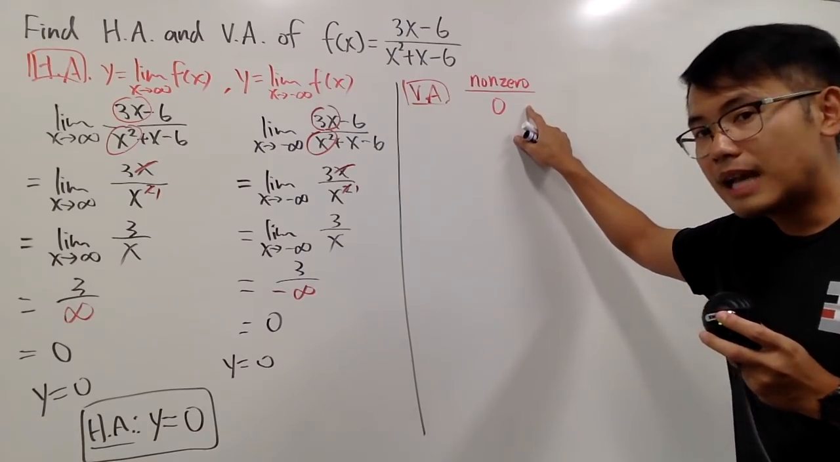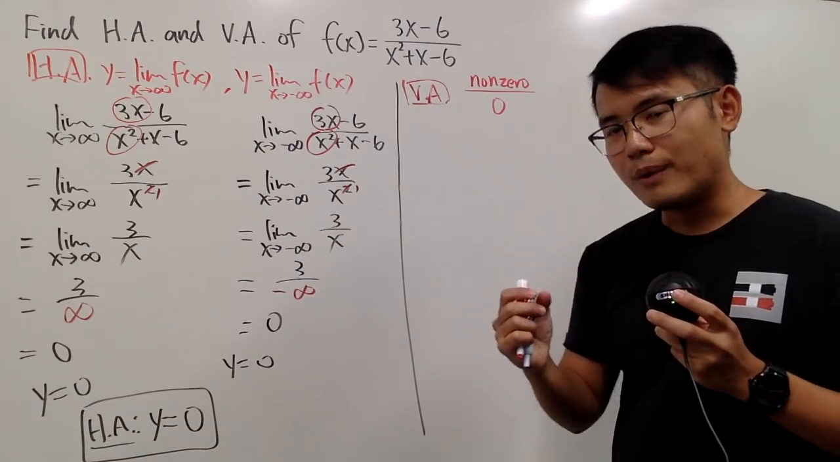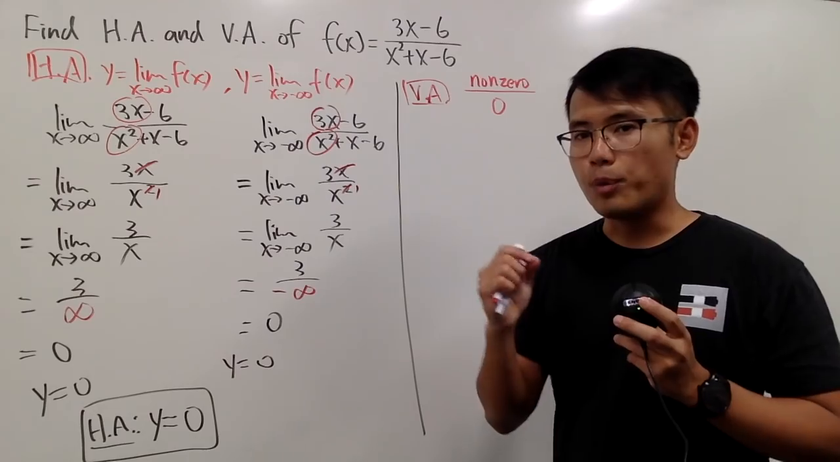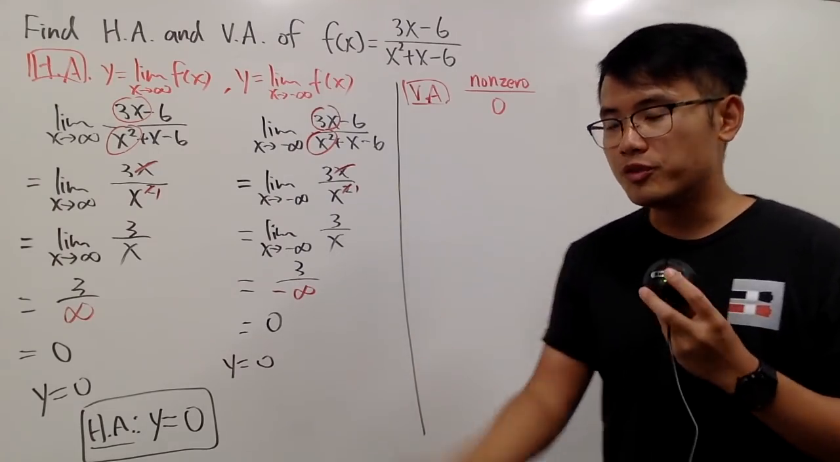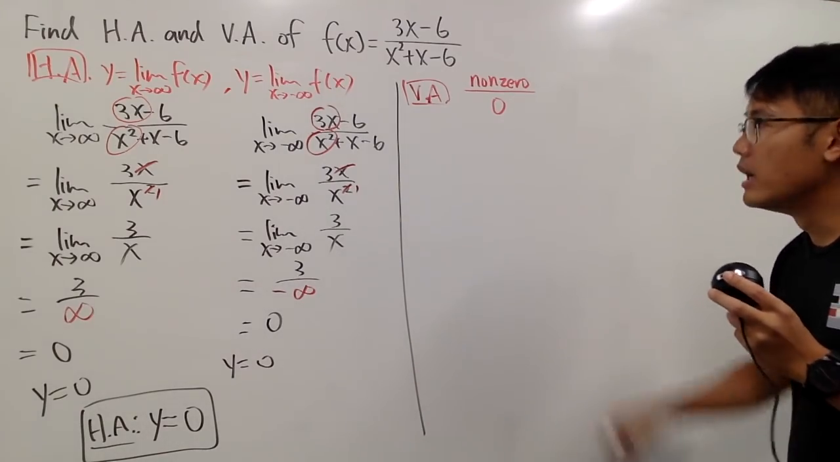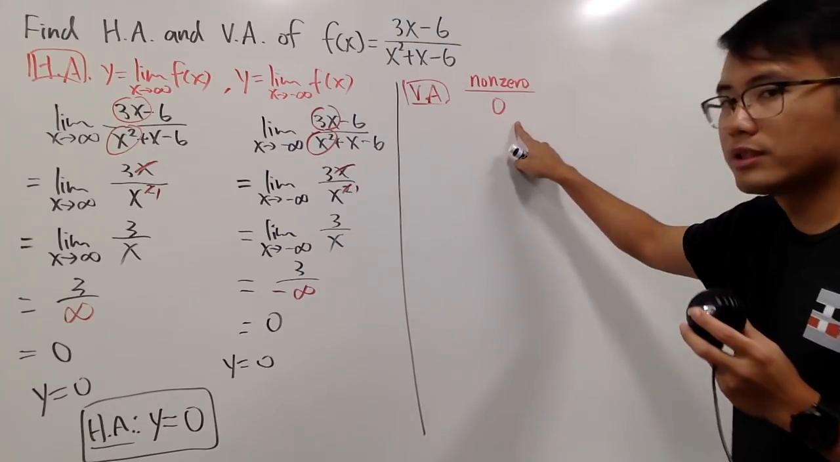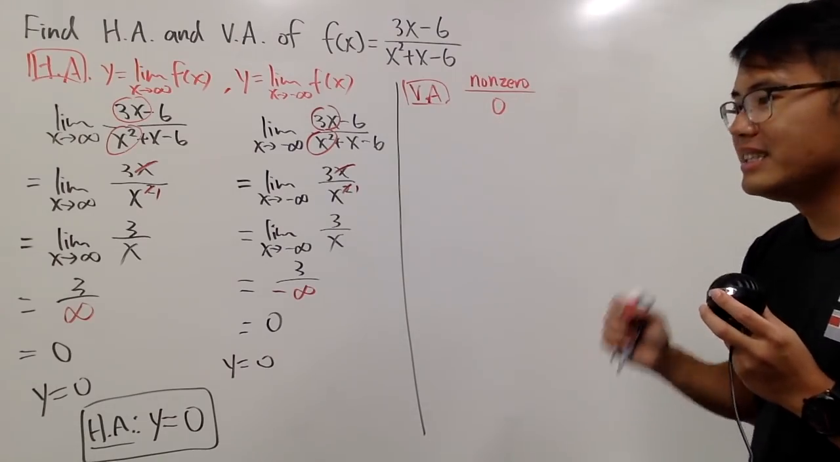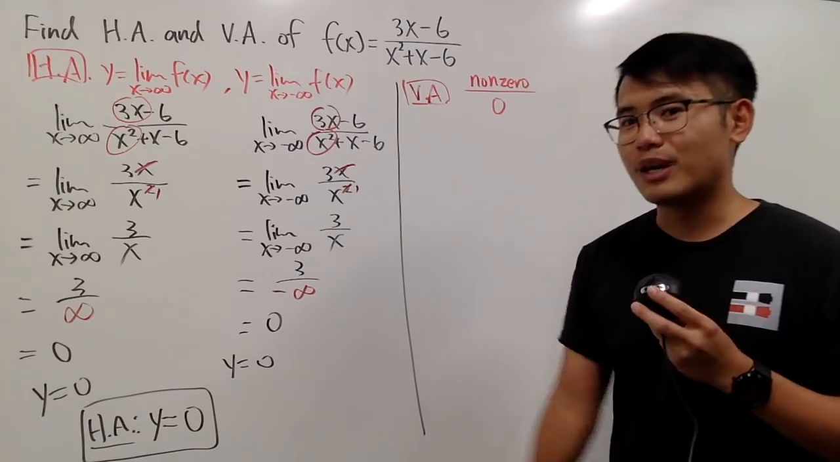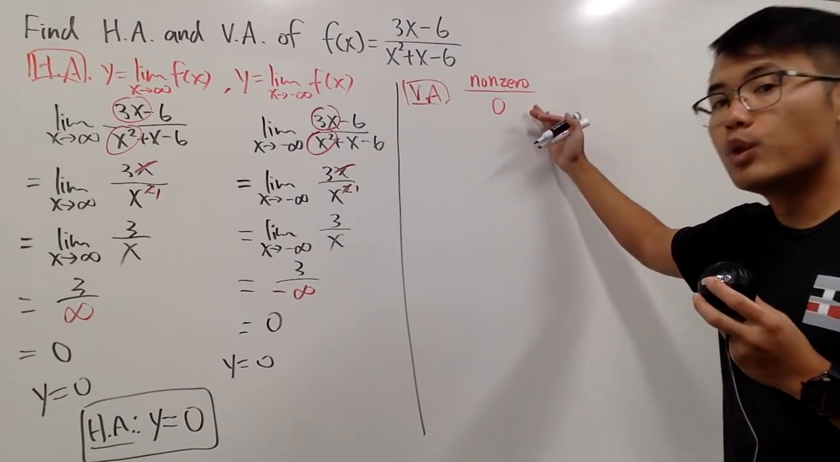Well, sometimes you may end up with 0 over 0. In that case, it might be an open circle on the graph, namely a removable discontinuity. But when you have a non-zero over 0 situation, most likely the function will have a vertical asymptote there. So, with this said,